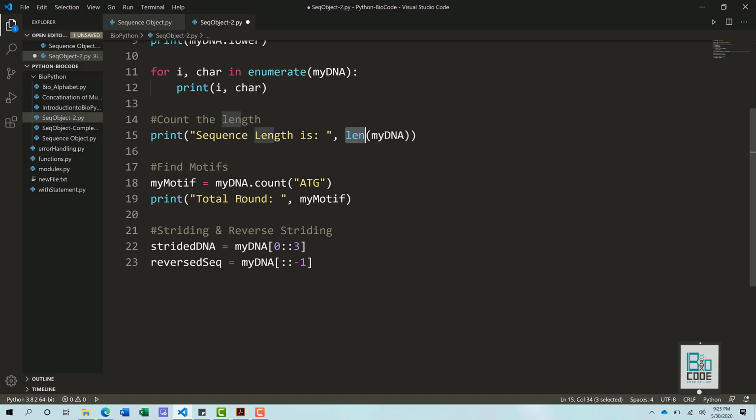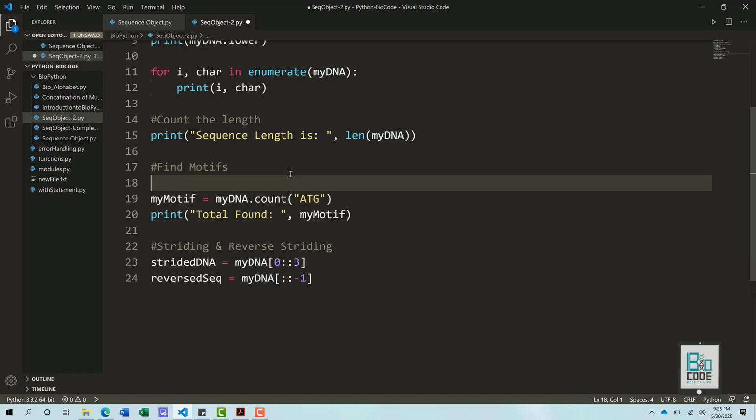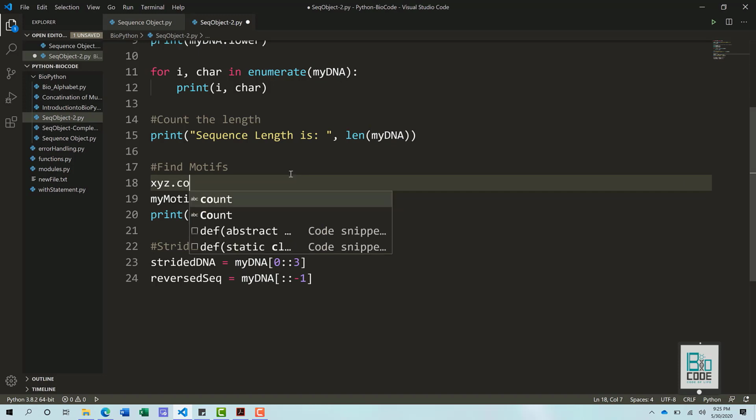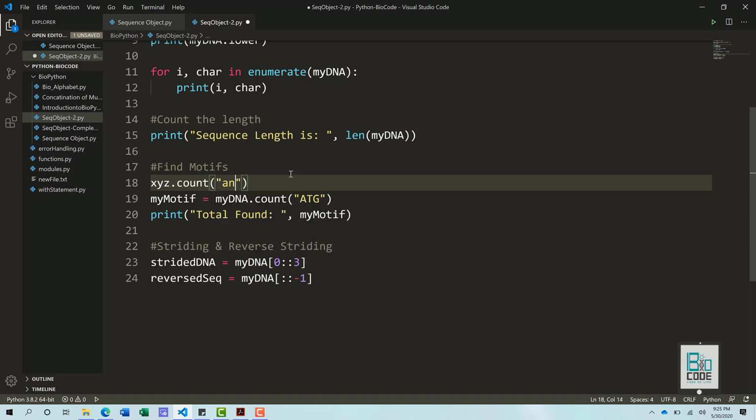Then we can also utilize the count function. All we need to do is pass in the parameter that we need to find. For example, I would like to find ATG within my DNA sequence. If your variable name is xyz, you call count on it and pass in whatever characters you need to find, like this.